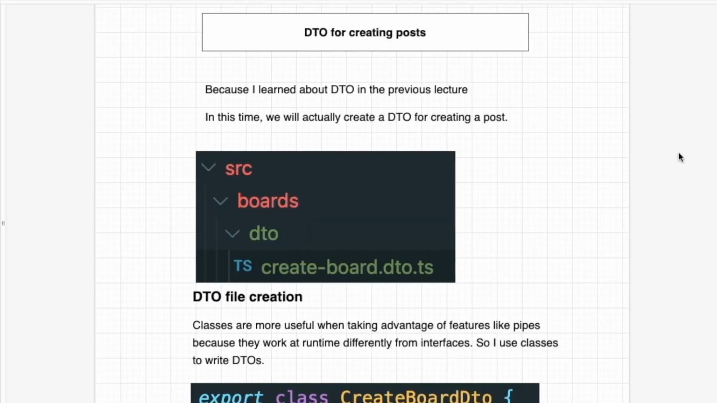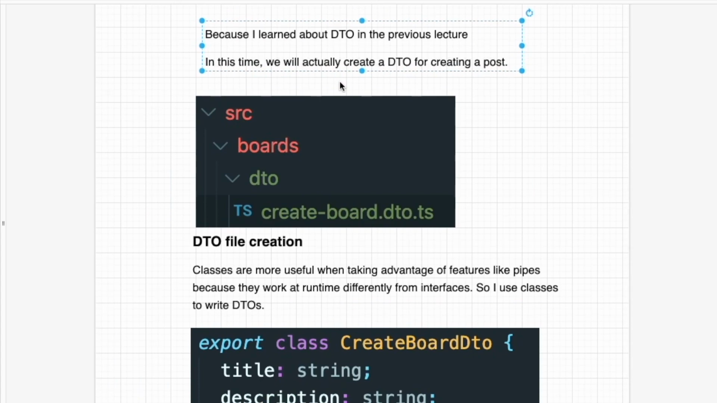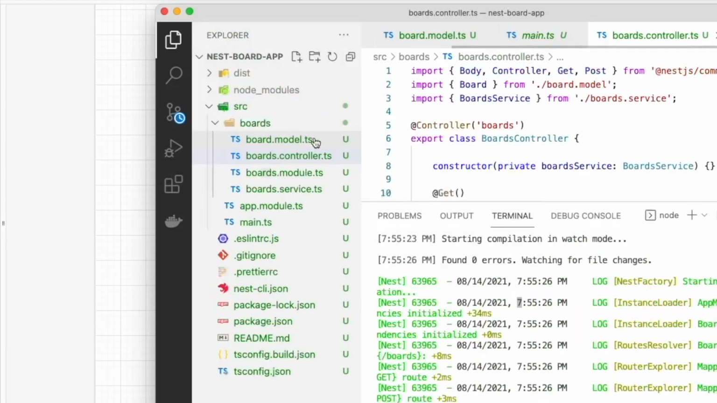Hello my friend, today we are going to create the DTO for creating post. Because we learned about DTO in previous lectures, this time we will actually create a DTO for creating a board. So to create a DTO file, inside the board folder, we make a folder named DTO, and inside the DTO folder, we create a file named create-board.dto.ts. So we come to our text editor in here,